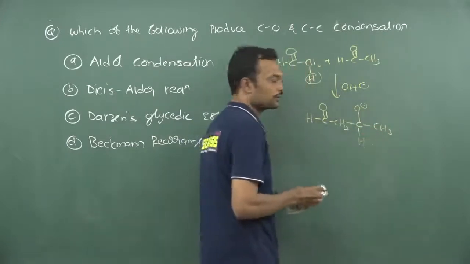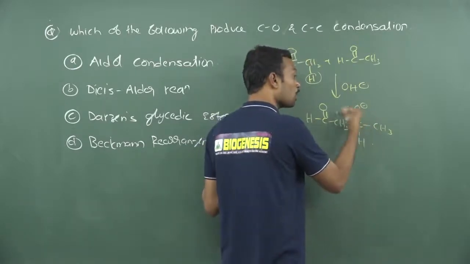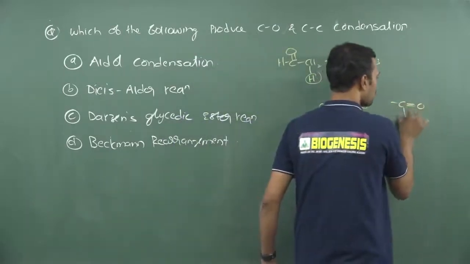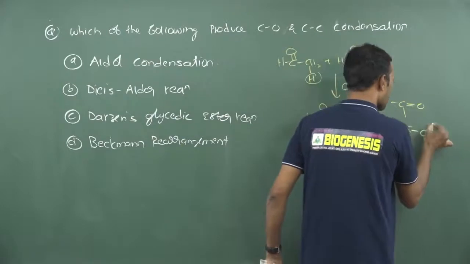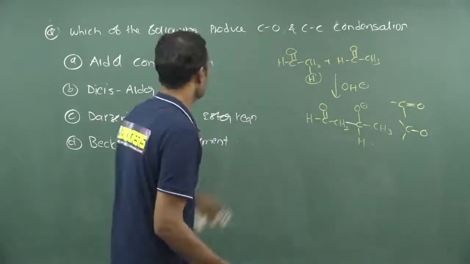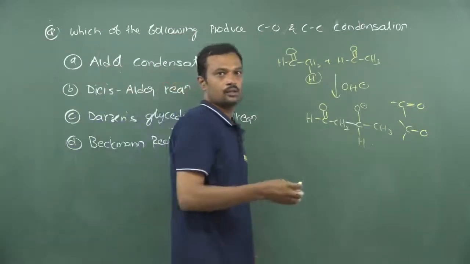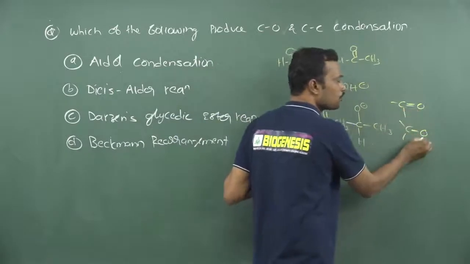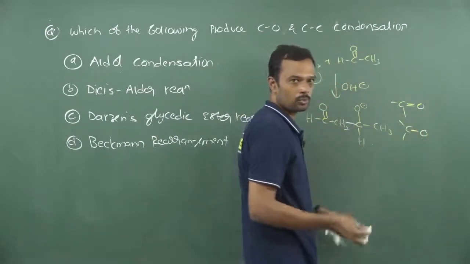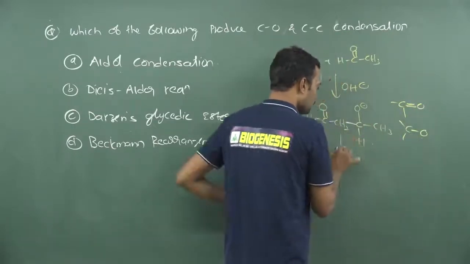Generally students will think that carbon attacks on this, so there is a C-C condensation. Later on, this carbon double bond O is converted to C-O. They will think that C double bond O is converted to C-O, meaning our statement is right, meaning the double bond O is converted to single bond. So it is a best example for aldol. But a C-O bond is not created. This is not creating C-O. It is disturbing and converting into C-O. It is not a new C-O bond formation. Already the C-O bond is there. That is completely influenced by this molecule.